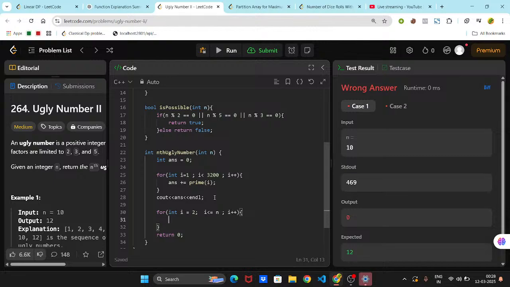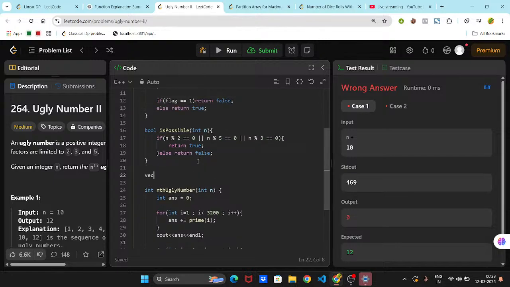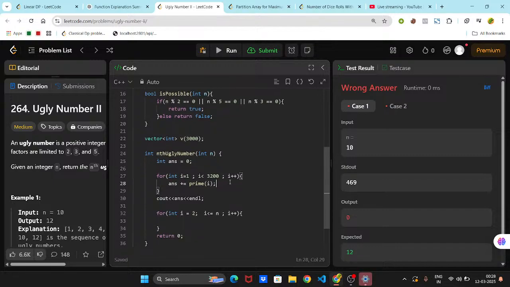अच्छा, अब कंसर्न तो यहाँ पे है। तो यहाँ पे मैं एक प्री डिफाइंड वेक्टर बना सकता हूँ, लाइक वेक्टर इंट वेज, इसका साइज मैं 3000 रखूँगा। ठीक है, मैं क्या कर रहा हूँ, जितने भी नंबर हैं जो कि तेरे 2, 3 और 5 से डिविजिबल नहीं है मैं वो पुश कर लेता हूँ।